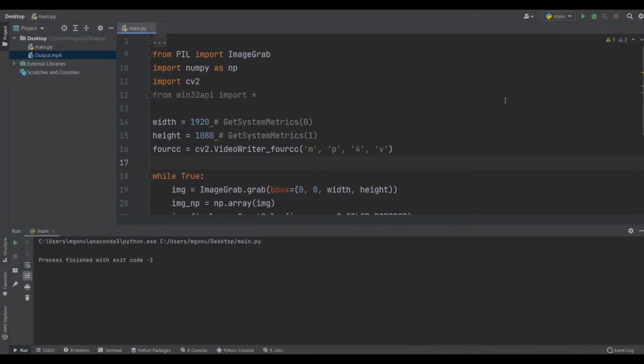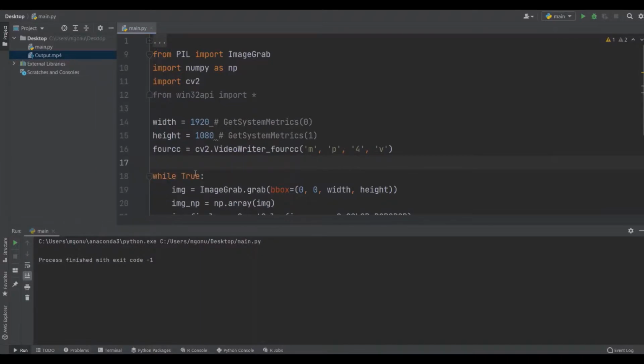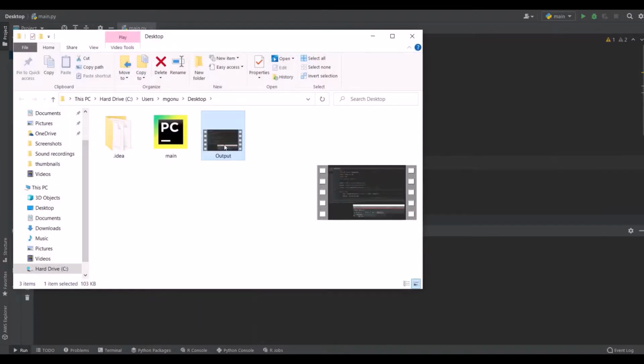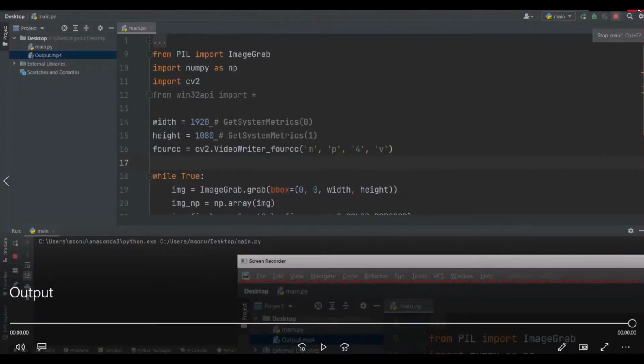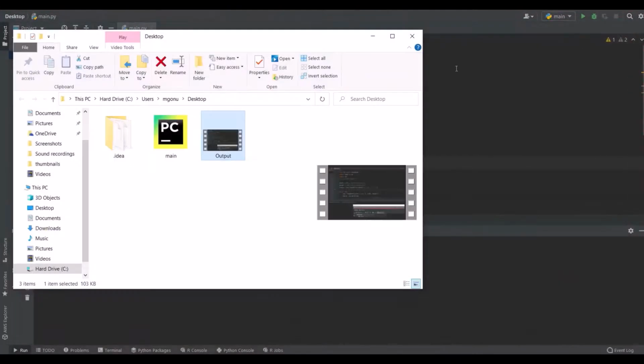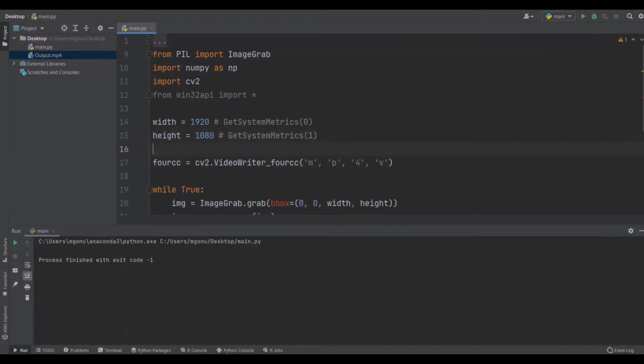Let me stop that and open that. I don't have it again. See, every time it's just getting updated, but instead we want to create a new video file every time. To do this, first go here and